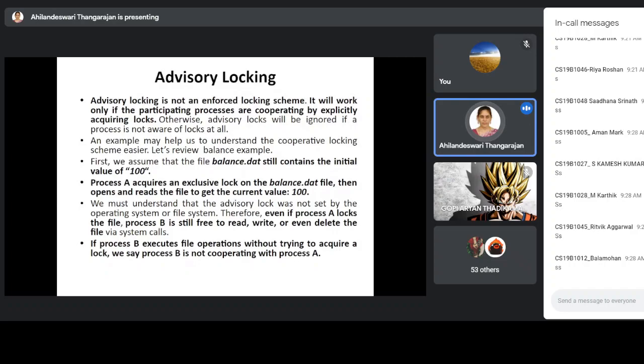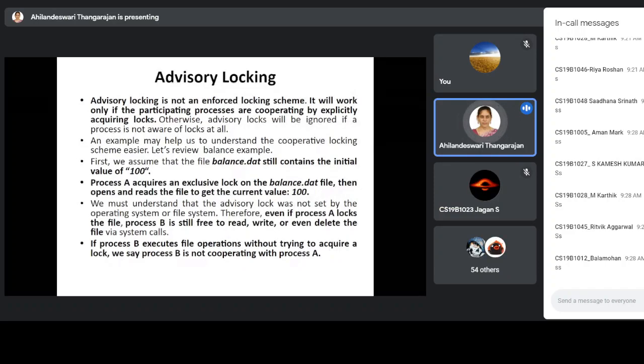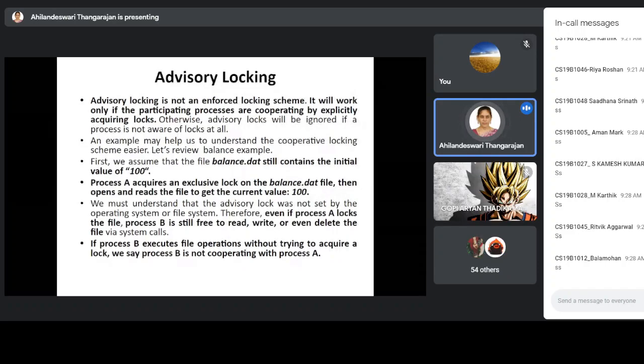And process B, it is not compulsory to have a lock to access the file. Without a lock also it can access the file. Process B can perform the read write operation, and it can even delete the file also. Okay, but if the process gets the advisory lock, then it means that both process A and process B are cooperating with each other.